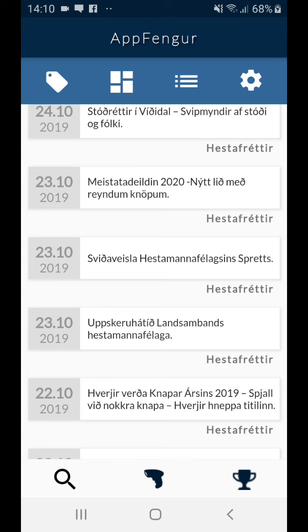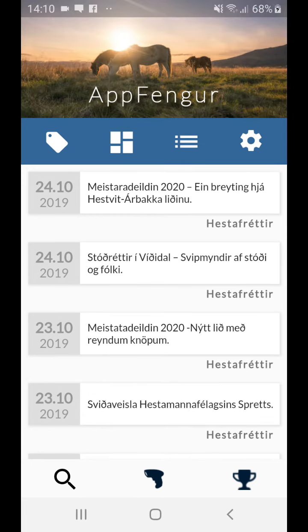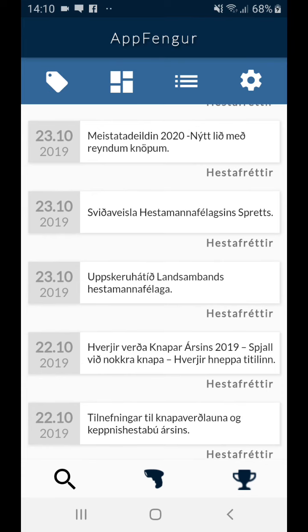We have an upcoming feature that unfortunately I cannot show you now because it's not ready yet, but I can tell you that it's on this icon there on the top toolbar, the first icon on the left. It's a coupon system. Our subscribers will be able to have offers from our partners. We have partners that are already on board with us, and you will be able to have a special discount. When the application is released, the system will be ready, and you will be able to access it.